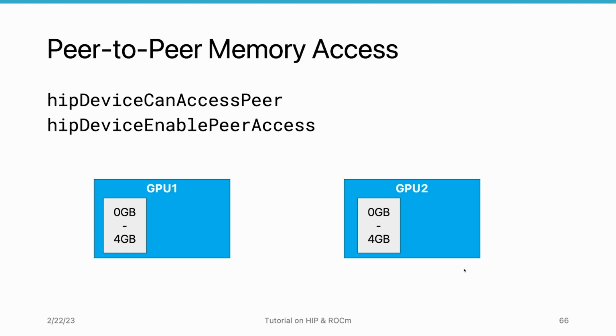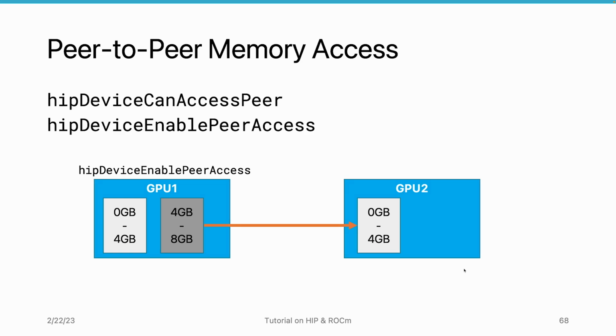Let's say we have a 2 GPU system, and each GPU has 4 GB of memory. Then we want to access the data that is stored on GPU 2 from GPU 1's kernel. How can we do that? We first need to enable peer access, if it is supported. For GPU 1, it needs to create a new virtual address space that maps to GPU 2's address space. Here, this is just an example where we can use 4 GB to 8 GB to map GPU 2's